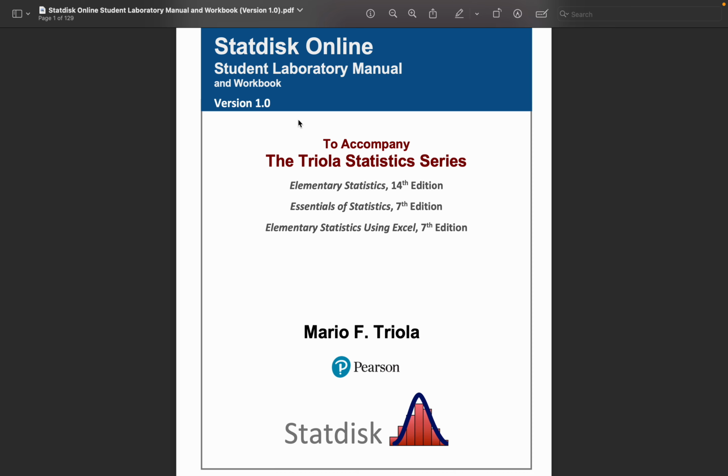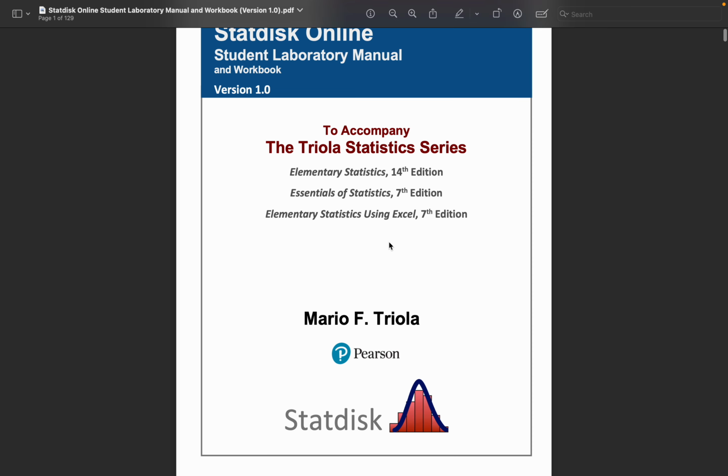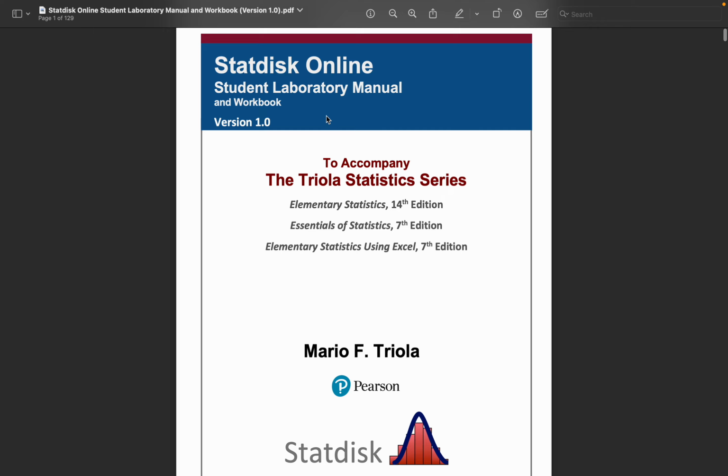But you want to get this version here, which is the version that accompanies the Elementary Statistics 14th edition, which is essentially the same as Essentials of Statistics 7th edition, at least as far as I can tell. Make sure you get this edition right here.